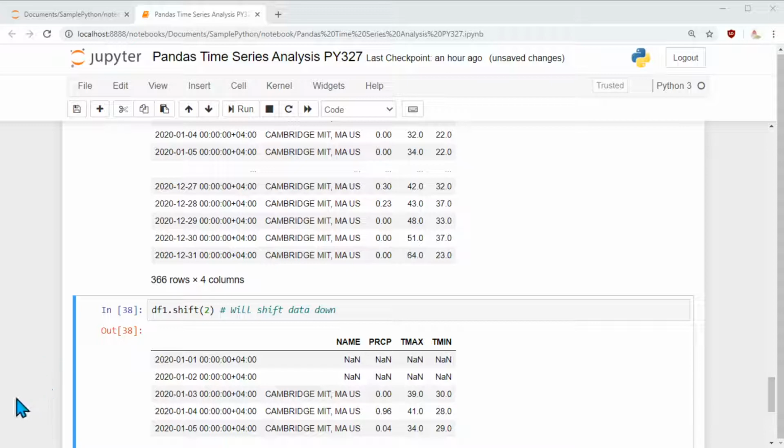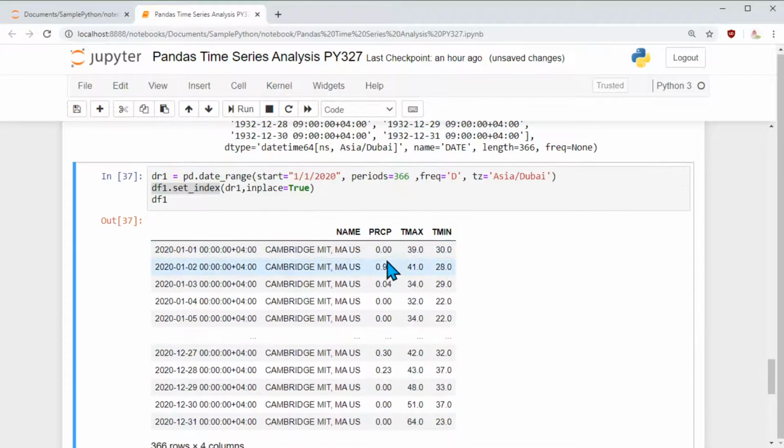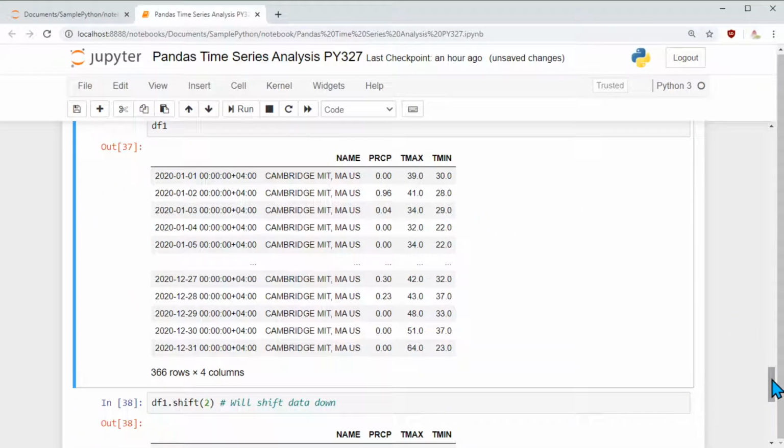There are times you want to shift it and do some analysis. So let's say you want to find the cumulative precipitation. If you look here, the precipitation is 0, you have some precipitation, 0 again. So we're not able to make any meaning out of it. In the financial world, when you have this kind of circumstance, what we do is calculate a 5-day moving average, 10-day moving average.